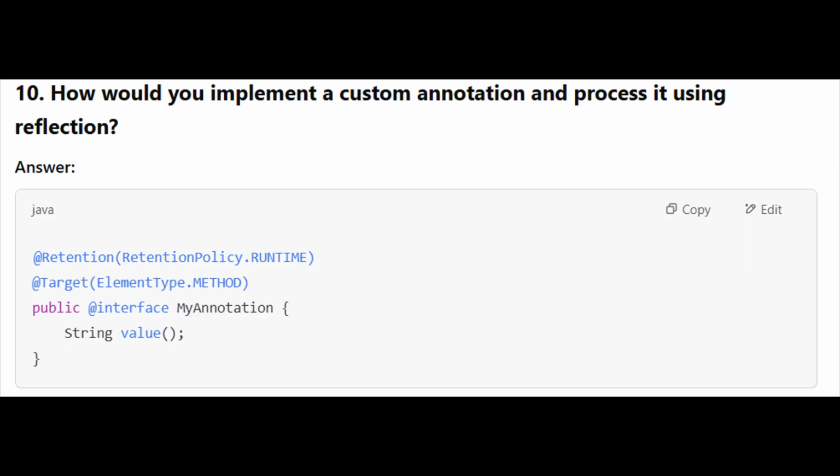10. How would you implement a custom annotation and process it using reflection? Answer. @Retention(RetentionPolicy.RUNTIME), @Target(ElementType.METHOD), public @interface MyAnnotation { String value(); }